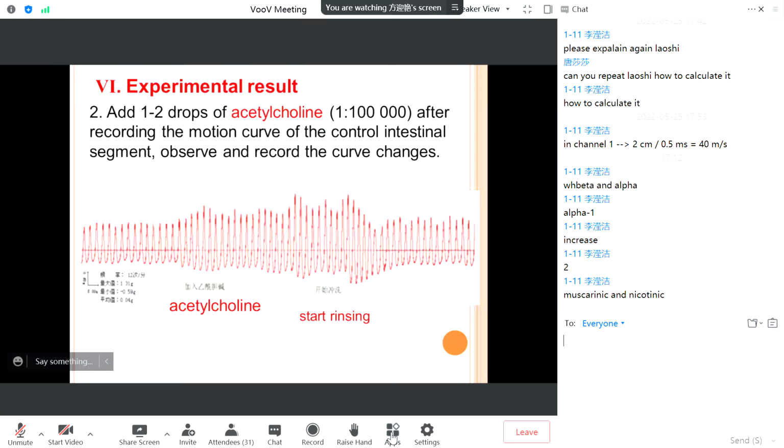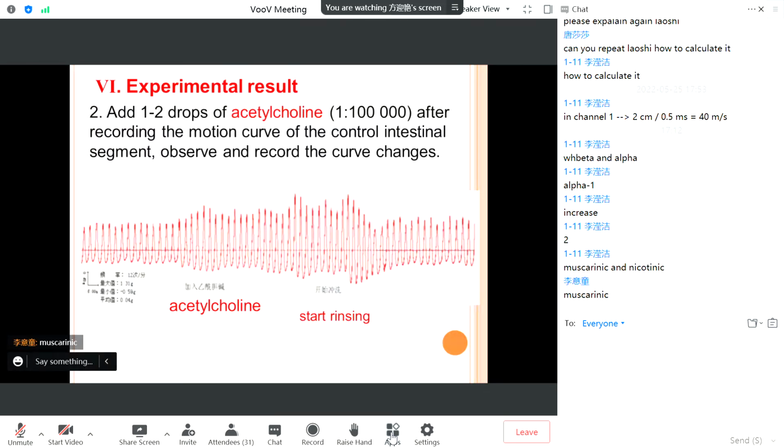Who knows that? Nicotine? No. M receptor. The nicotinic receptor is on the skeletal muscle. Muscarinic. Yeah, M receptor, the muscarinic receptor. The ACh acts on the M receptor, and then the smooth muscle contractility increases,